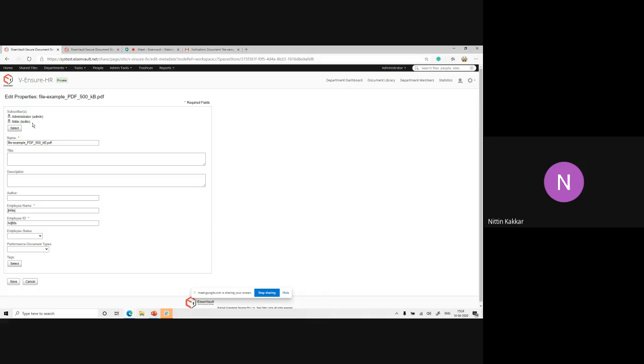Apart from it, the expiry alerts. This subscription feature will give you expiry alerts, not just updates. People who are subscribed to the documents will also receive expiry alerts using the same subscription method. The expiry reminders come at 60 days prior to the expiry date, 30 days, 15 days, 7 days and 1 day.